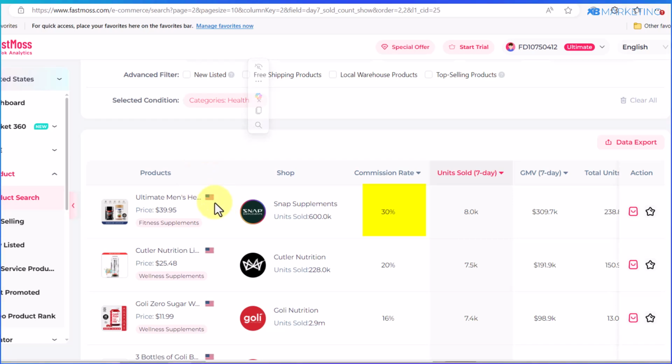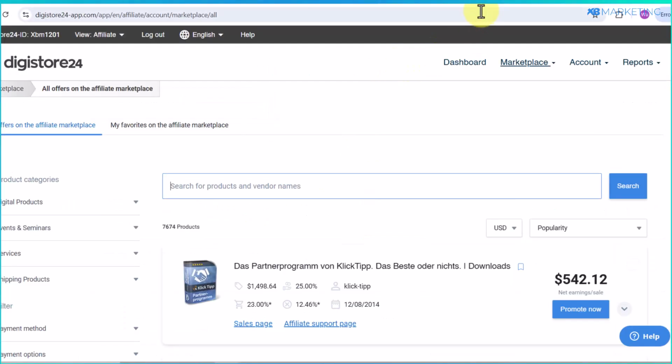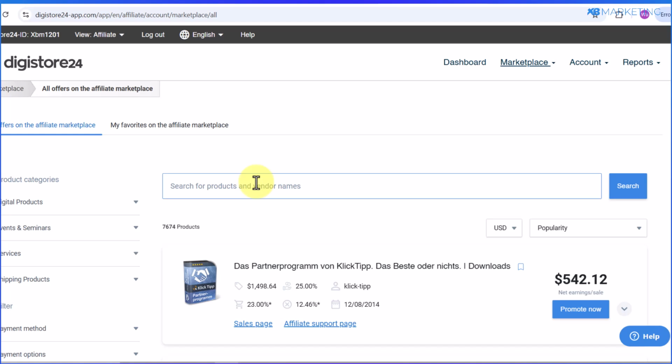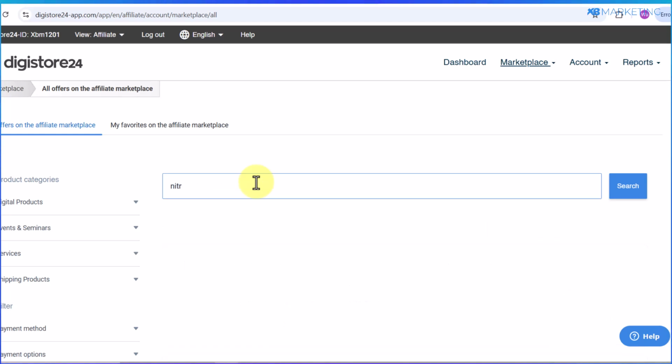So you can basically go over to other affiliate networks. You can use digistore24.com or you can use clickbank.com. These are some of the best affiliate networks out there you can use to find high commission products. Okay. So I'm going to take Digistore24 as an example, and all you just need to do is to type